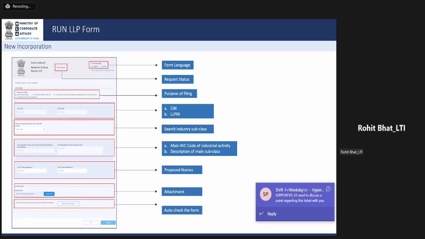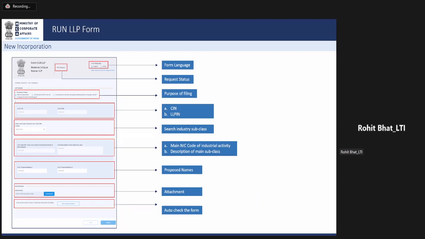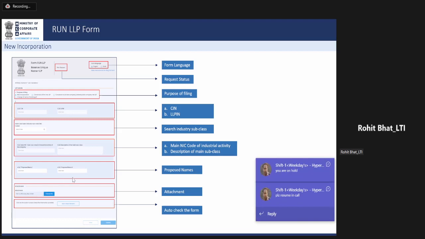Earlier only PDF were required, and now PDF and JPG both can be filed along with the form. Since this is a web form and there is no PDF and signature requirement, the overall attachment limit given with this particular form is maximum 10 MB, which is in sync with other forms too.